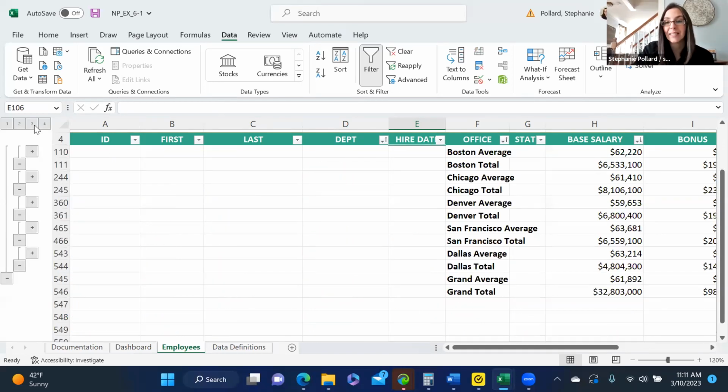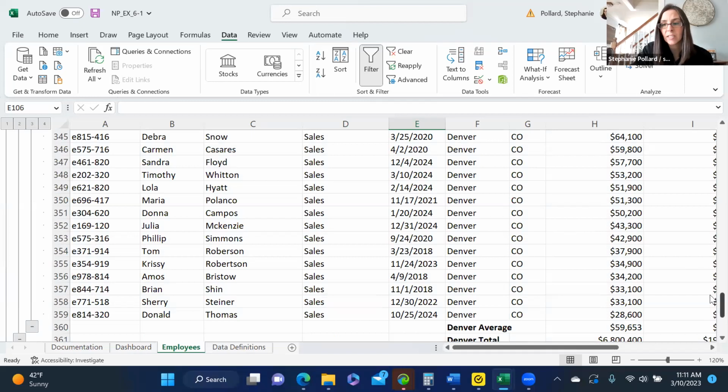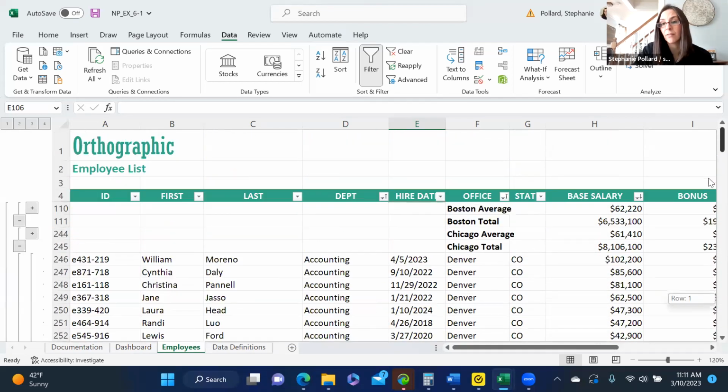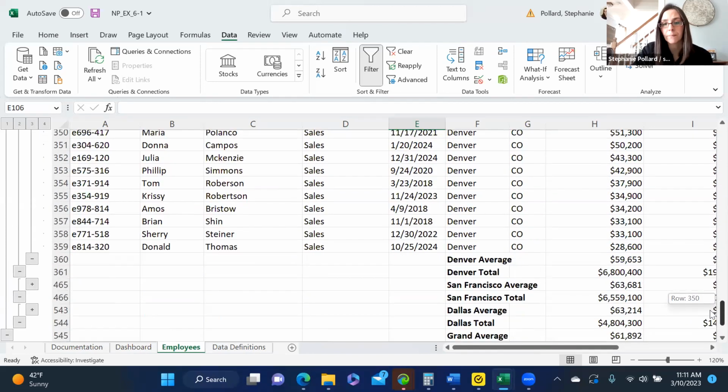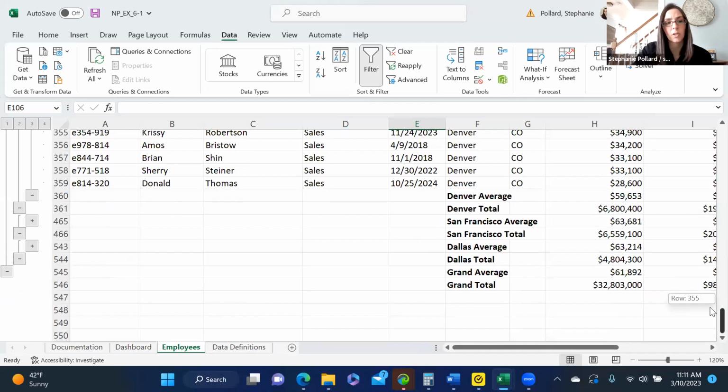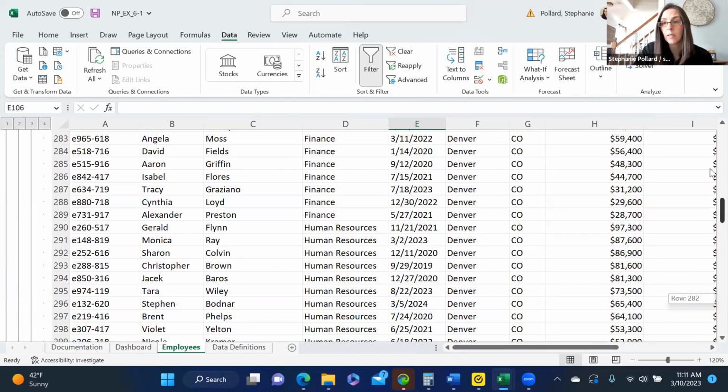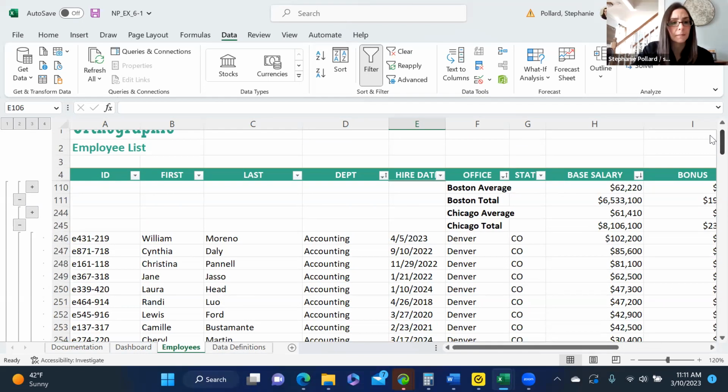So sometimes you may not want to see everything. Maybe you just want to see the breakdown, and you can hide the other information. The other thing you can do here is you can expand certain parts of it. So for instance, if I click the plus on the 360, it's just expanding the information for Denver. So it didn't expand Boston or Chicago or San Francisco or Dallas. It just did Denver. So you actually can open and close those features as well, and just expand certain parts of the data. And that may be helpful too. So again, just some little tips here on working with